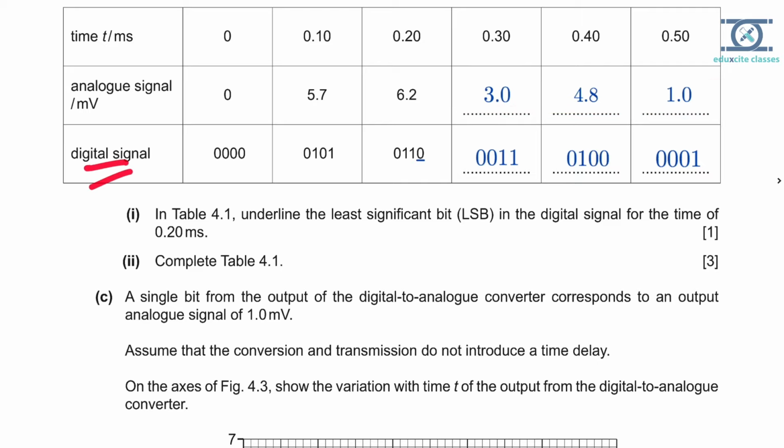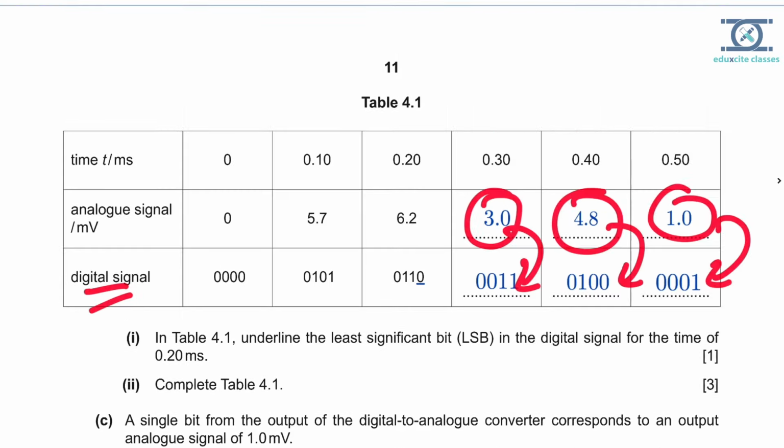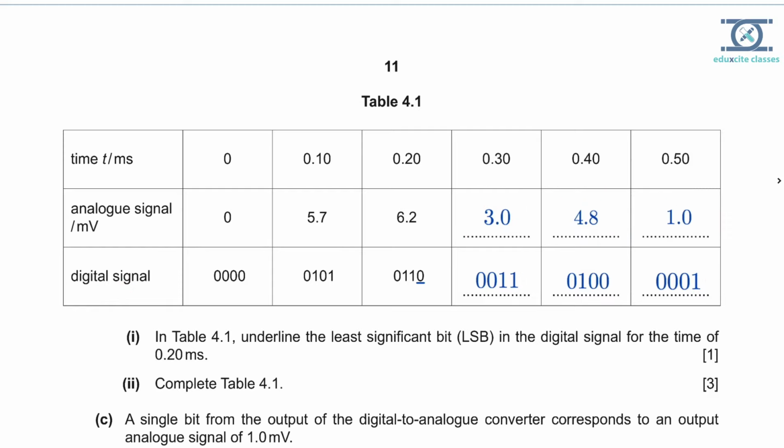Now for the digital signal, you have to convert these analog values into digital. Those who are from a computer science background can easily do it, but for those who don't know, I will tell you how to convert analog into digital. First of all, write down this sequence 1, 2, 4, 8, and we have to convert into 4 bits only, so we will write 4 only. If you want to extend, this will be 16, 32, 64, and so on.